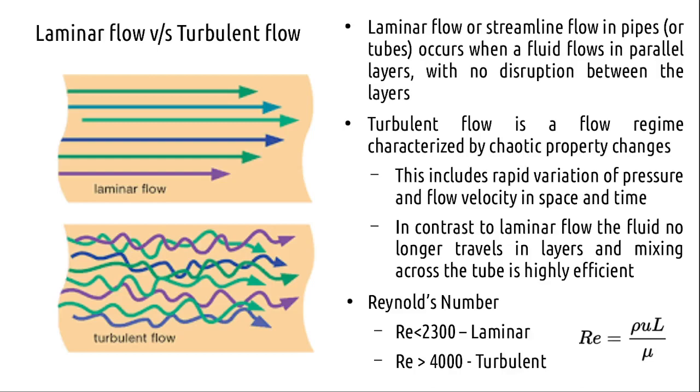One particular value which you would have come across in your physics classes is the Reynolds number. This is a rule of thumb to characterize between laminar flow and turbulent flow. And here we have the specific density, the characteristic length. Characteristic length has to do with, if you have a circular